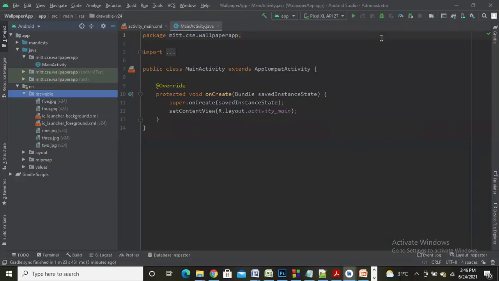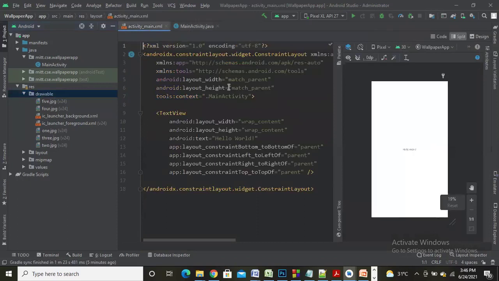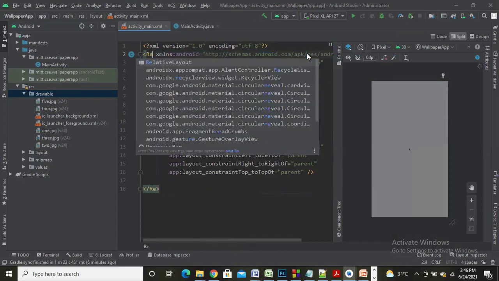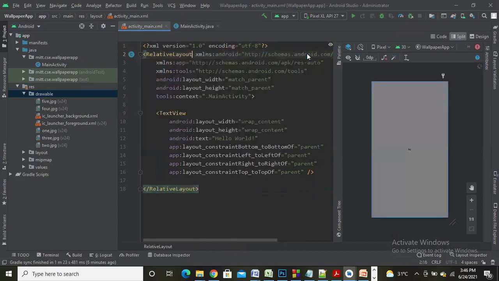After copying the wallpapers to the drawable folder, let me design the user interface. To do that, go to activity_main.xml. So here I'll change the constraint layout to relative layout. So select all these things and change it to relative layout.